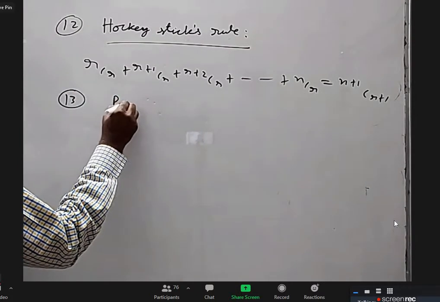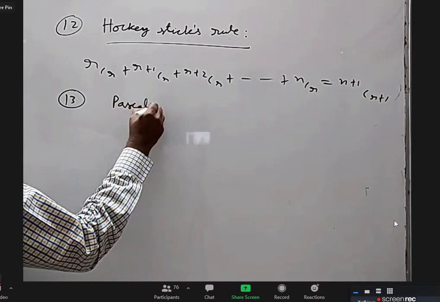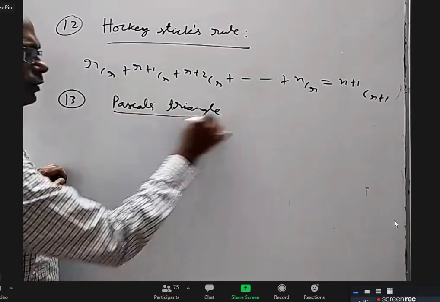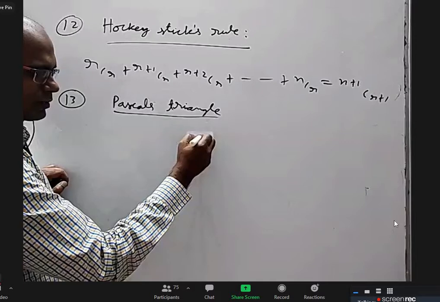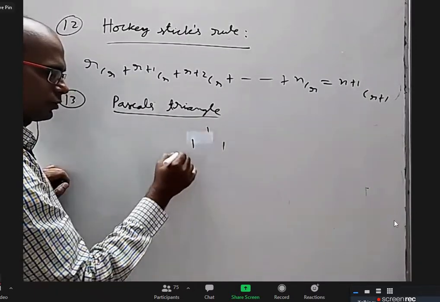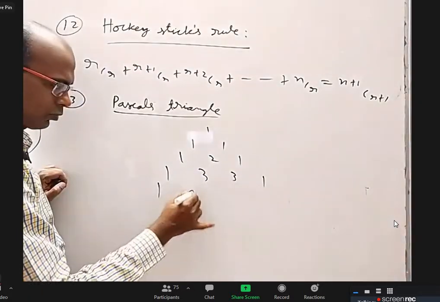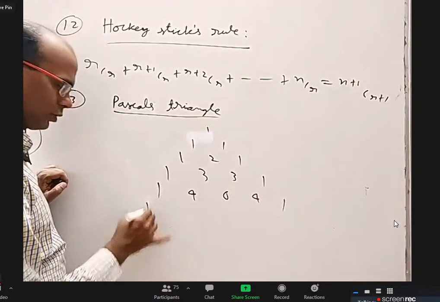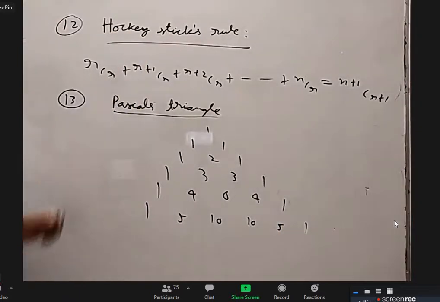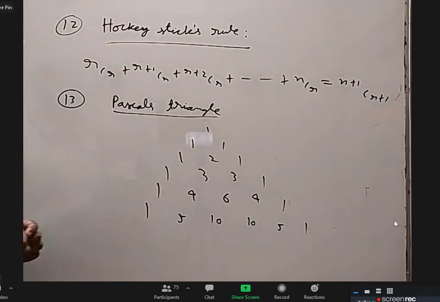I think many of you know about Pascal's triangle. Yes, sir. Pascal's triangle. I think they'll write 1 in the beginning. I don't remember that, but 1, 1, maybe 1 is here. I don't know. 1, 2, 1, 1, 3, 3, 1, 1, 4, 6, 4, 1, 1, 5, 10, 10, 5, 1. Okay. A series of numbers that you write like this. How do you construct this?